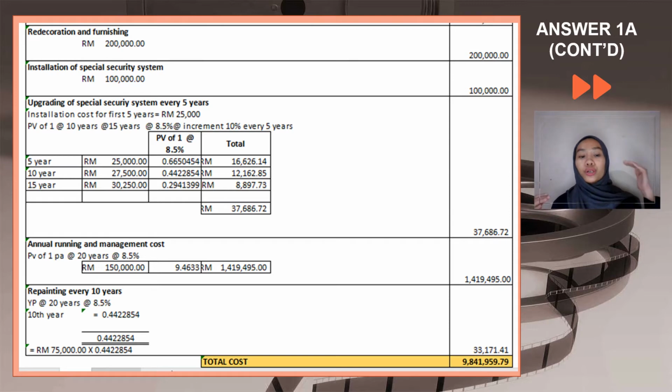As I mentioned before, for year 20 the tenant no longer occupies the building, so you don't have to calculate for year 20. You only calculate for year 10, using the years purchase of 10 years at 8.5% interest rate. So the total is